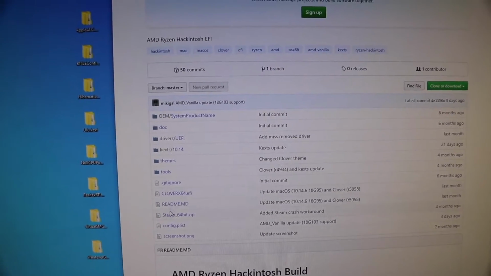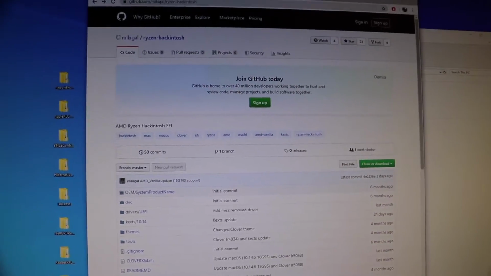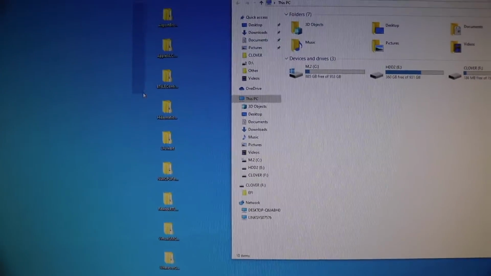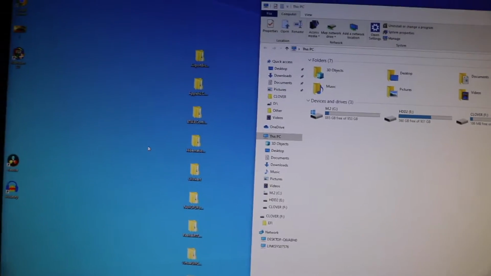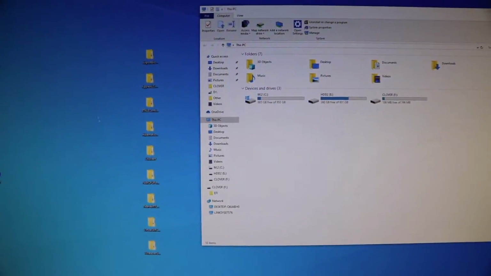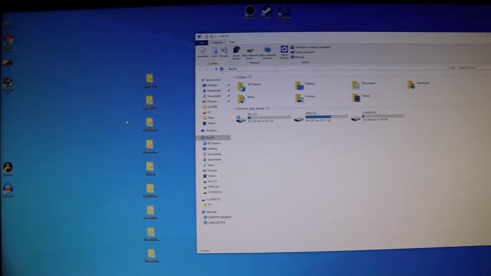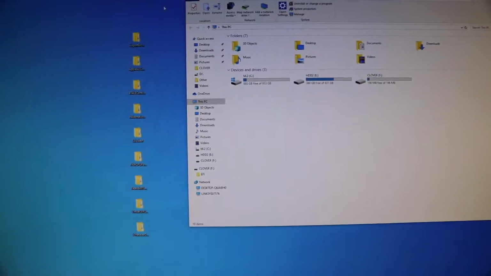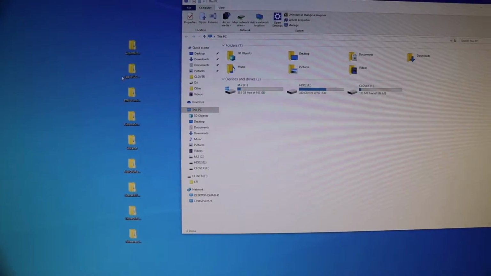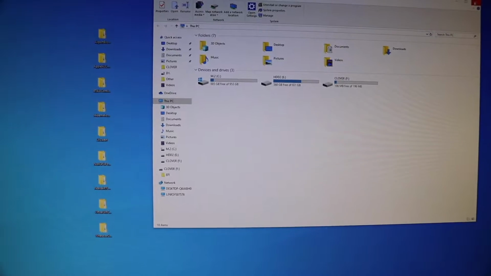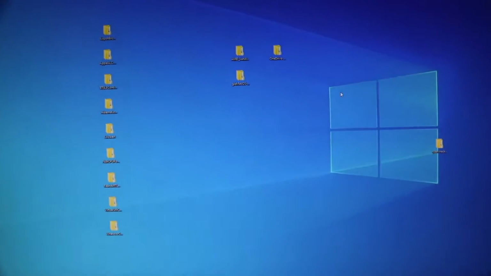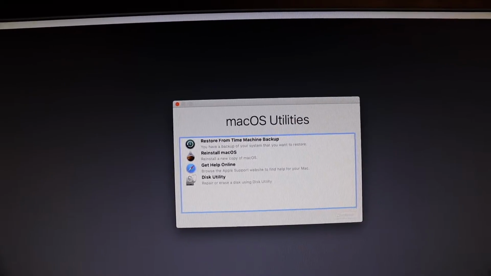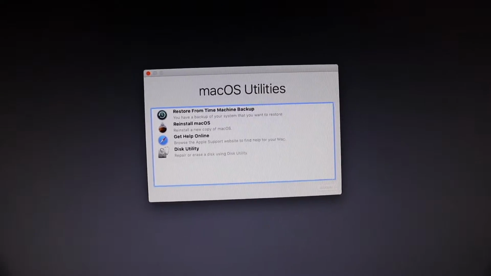I just ignored all the other stuff on there. I took out all of these, which are the kext files. These are the ones that I use to get it to work. And even though this whole video is just back and forth because I'm troubleshooting and also trying to make this informational, now I am trying to figure out a kext that I can use that will help me with the internet not working. Okay, so now that I'm finally in this screen, I can go to Disk Utility,